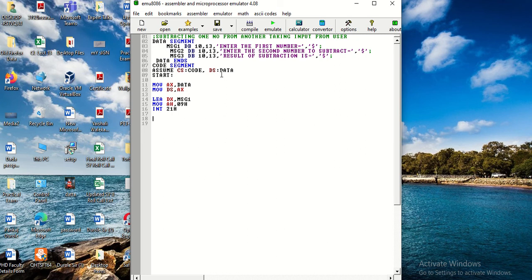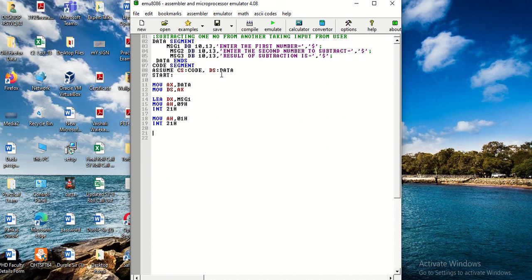Now once the user has entered the number, what we are going to do is mov ah comma 01h. This is again under the family of int 21h, and it is for scanning the number which the user has entered. The user will of course enter a decimal number.